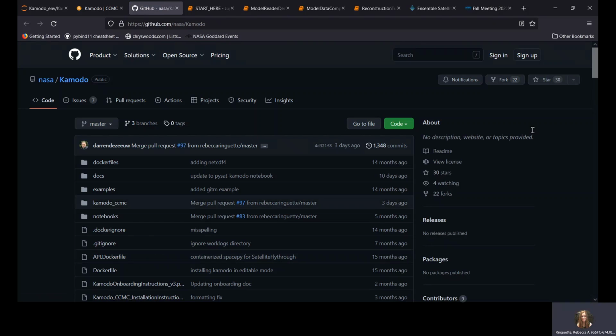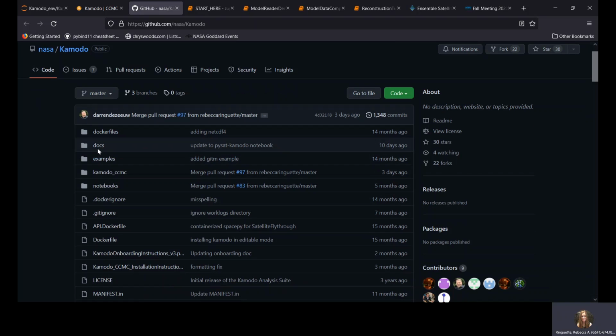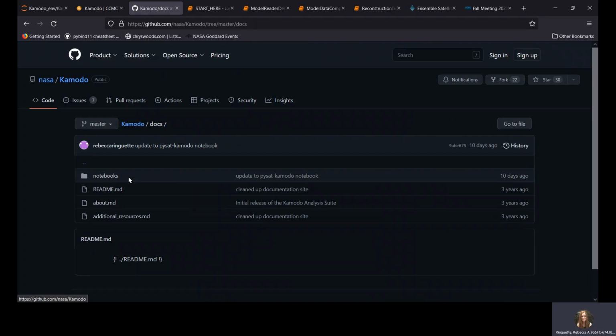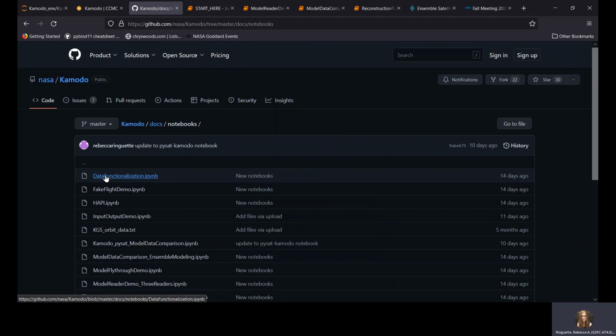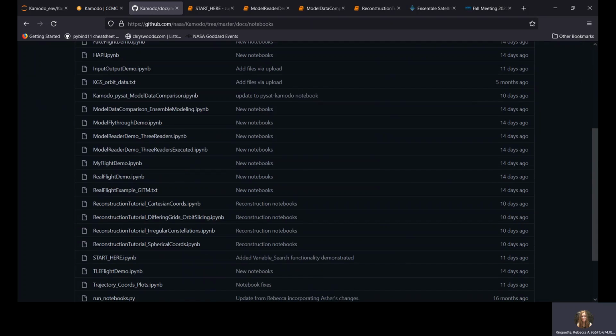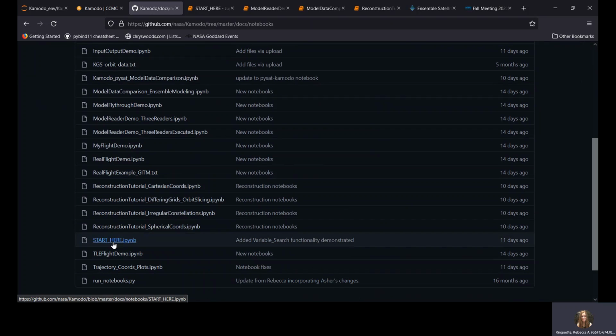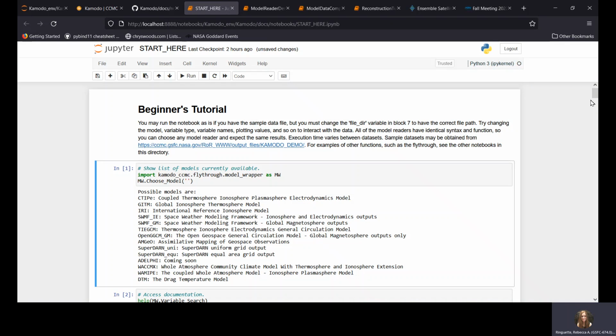All right, so here you are. So all of the notebooks that I'm going to be walking through in this series are located in the Docs and Notebooks directory. So the first one to start with is one labeled Start Here, which I have open right here. So this is the beginner's tutorial to start understanding how to figure out what you want to do